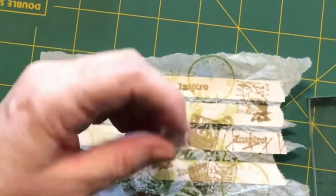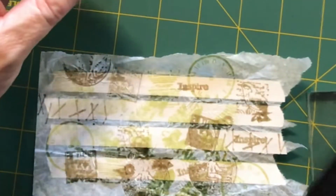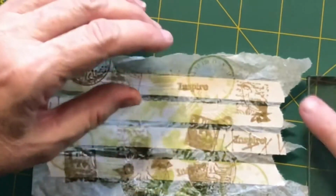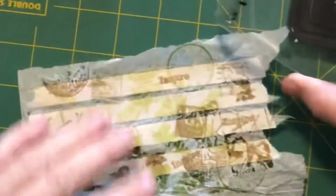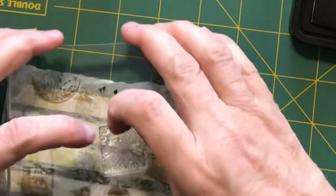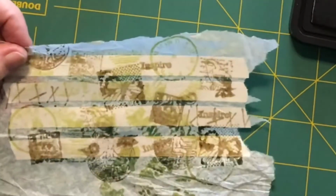And, oh, that didn't stick on. Some butterfly on this one. Oh. And where else do we need something? I think I need some brown here, so we'll just put some brown in there. Okay, that looks okay. Now